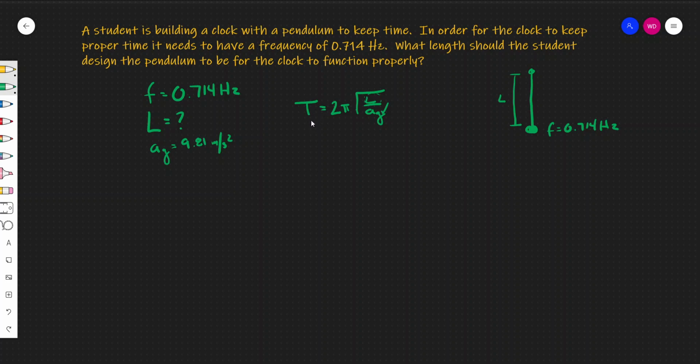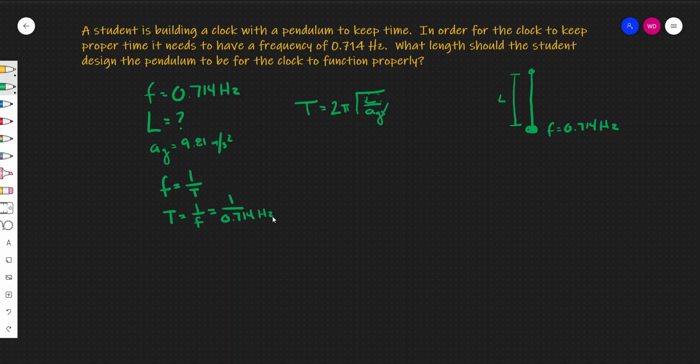Unsolvable problem? I know what you're saying. You're saying, no, it's not, Mr. Weber, because frequency and period are related. So if they tell me the frequency is equal to 1 over period, or period is equal to 1 over frequency, then if they tell me frequency, I can get period. It just means I have to take 1 over the frequency they give me, which in this case is